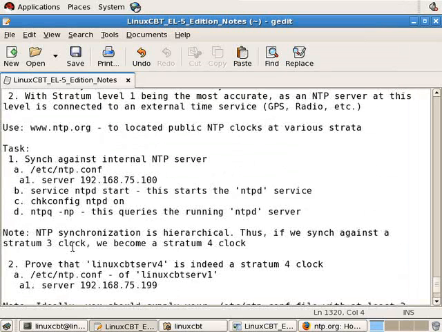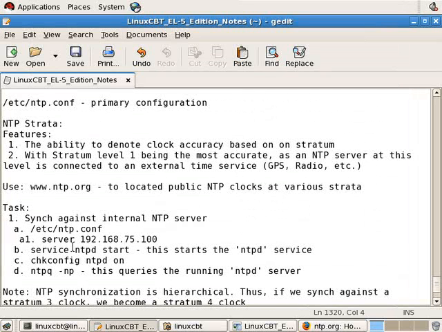But again, just to recap briefly the way NTP works. First and foremost, it works without much intervention. There isn't much for you to do other than to define servers that are to be consulted, NTP servers, in the etc ntp.conf file. You also need to, of course, start the service and ensure that NTPD starts in the desired run levels. But the key thing is to assign a server or more in etc ntp.conf,